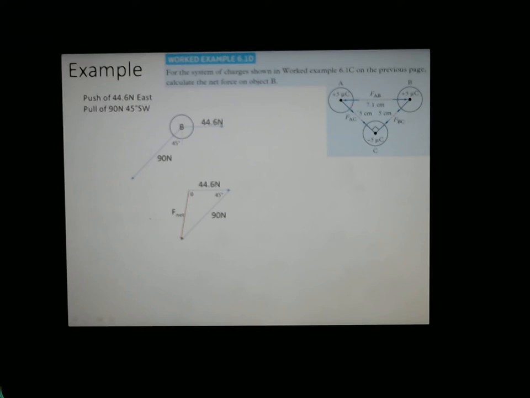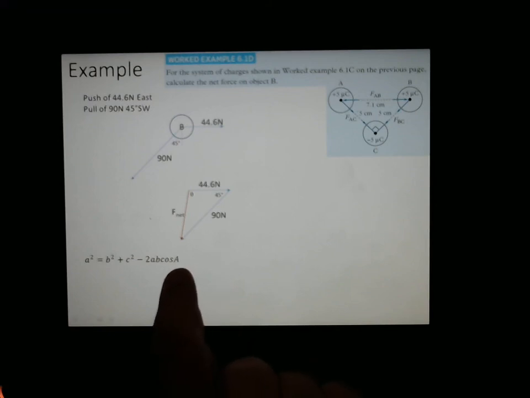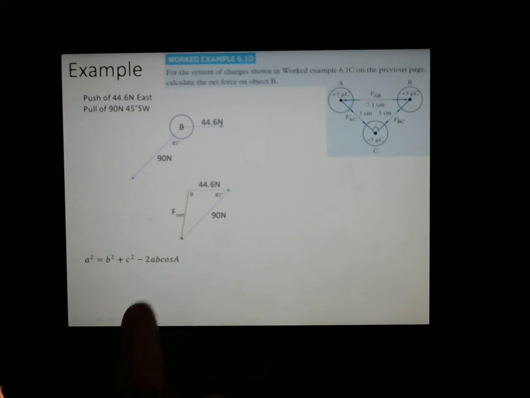However, I'm going to do that in the next one as an example to show you, but we're going to do this one by the law of cosines. So in year 10 you learnt the law of cosines, and the law of cosines says for any triangle, a squared equals b squared plus c squared minus 2ab cos a. Now it doesn't matter what sides you choose for a squared, b squared and c squared, except the angle that's going to feed into your cos must be opposite the side that you have there for